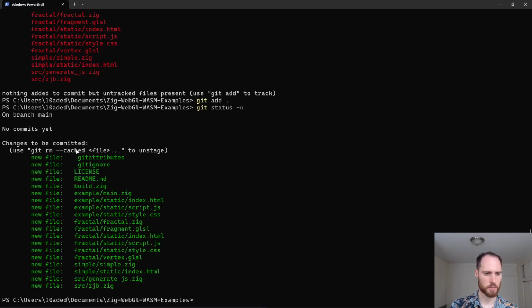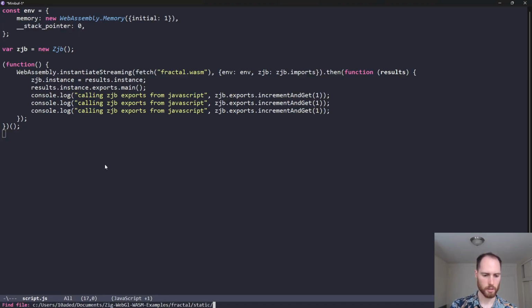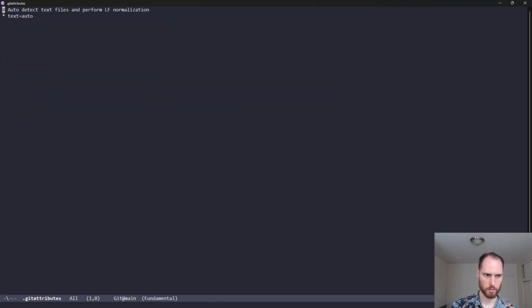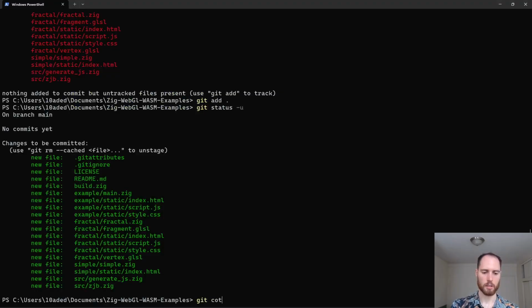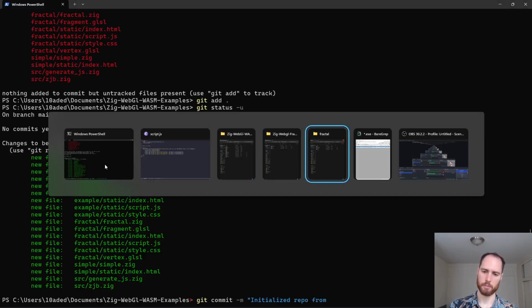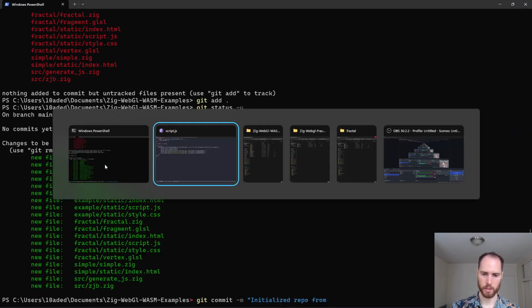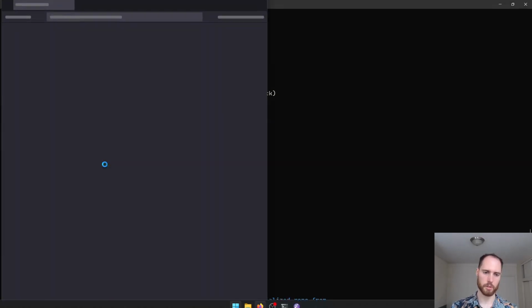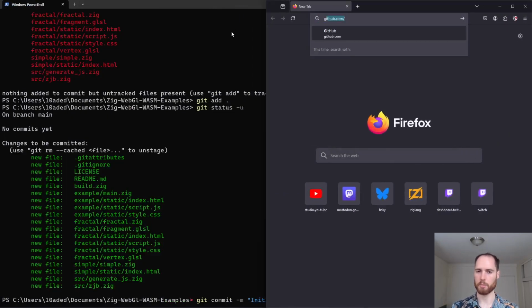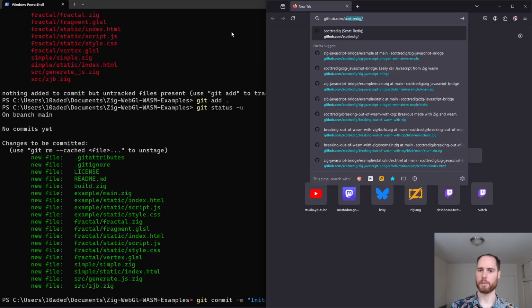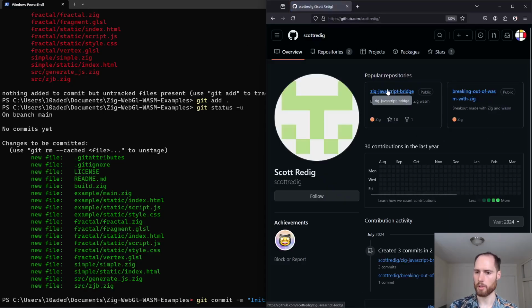Oh, what's this git attributes? I have no idea what that is. Git attributes. Okay. So we should say, yeah, initialized repo from, let's be certain to give attribution where it's needed. We'll do this later in the readmes and everything, but start needed from